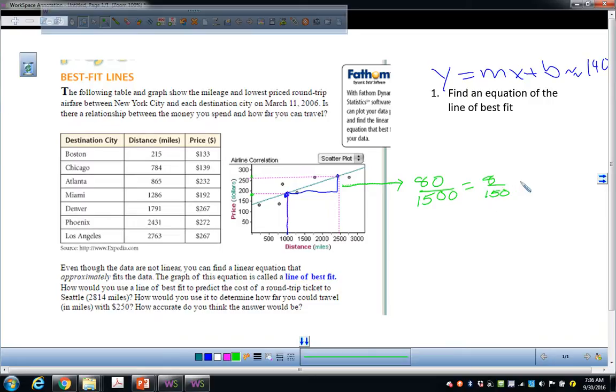You could reduce that more. Does 4 go into 150? No, but 2 goes in there, right? So you could reduce that to 4 over 75. That is a good representation of the slope. Are you guys understanding that? It's not going to be exact, okay? So you get y equals 4 over 75 x